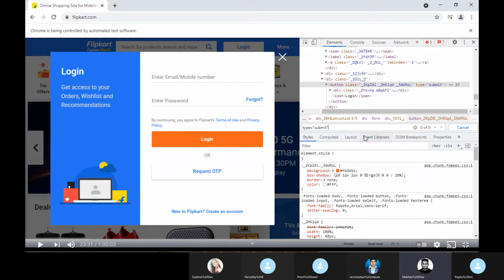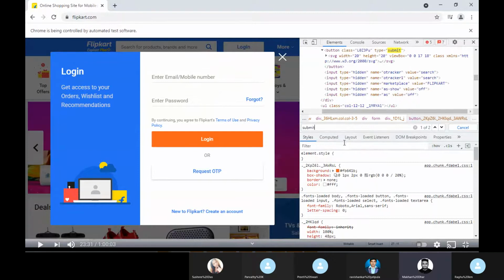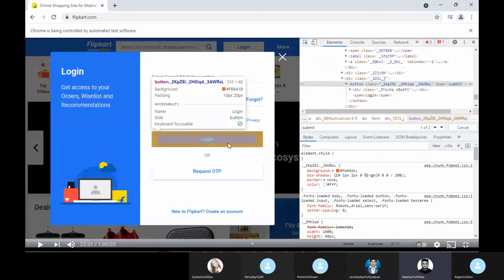Copy from there, not this way, Raghu. Remove that type. Just take submit. Now paste it. So it is coming to two. Now you can create an XPath on this since it's two. So do one thing. Which button is this? Login button. Inspect again, click on that and go to that login.